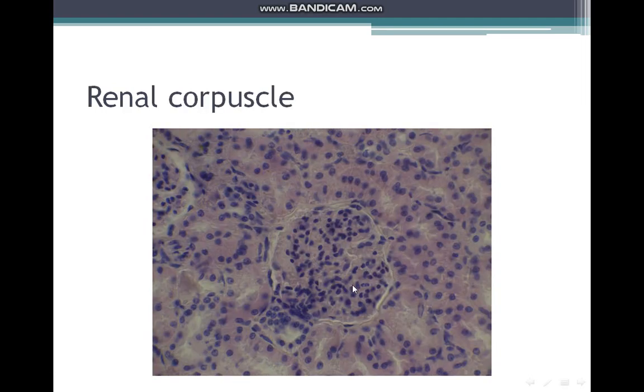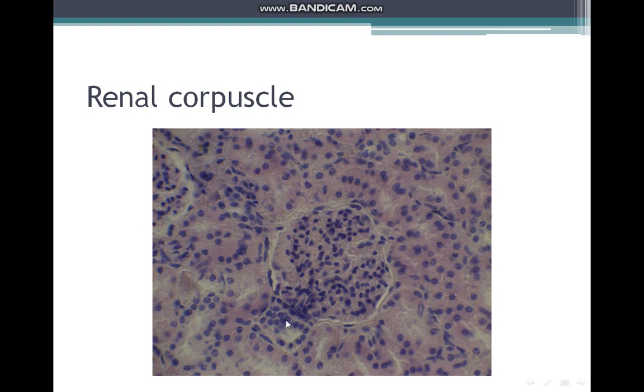The renal corpuscle is composed of a tuft of capillaries surrounded by Bowman capsule. The parietal layer of Bowman capsule is lined by simple squamous epithelium. The corpuscle contains a vascular pole that's characterized by the presence of the macula densa, which is a part of